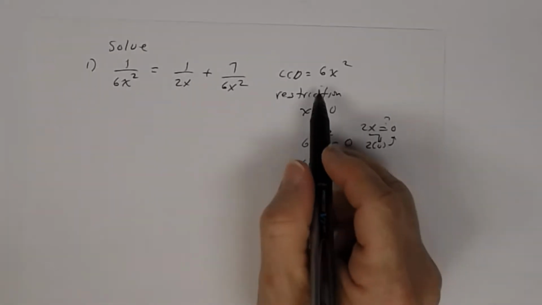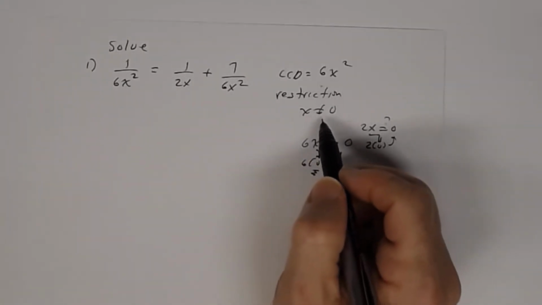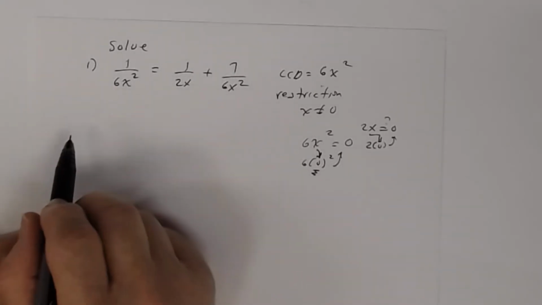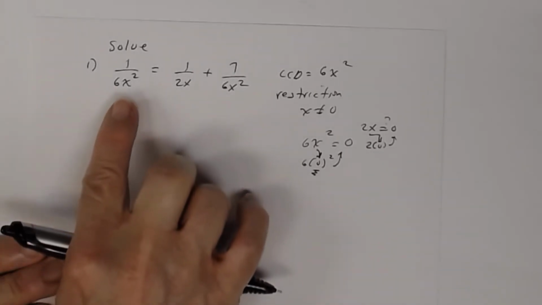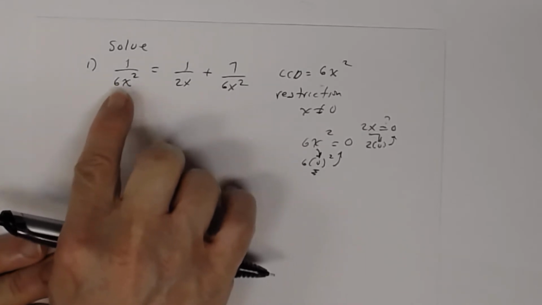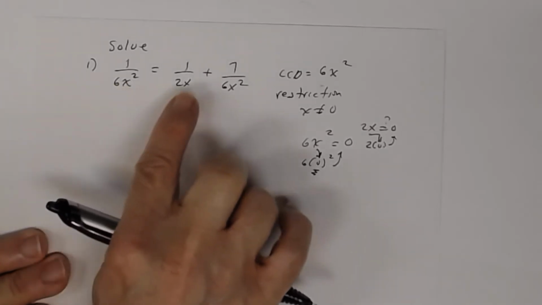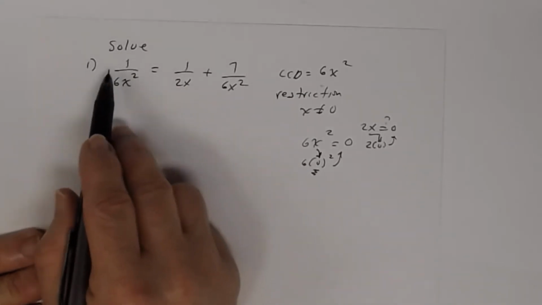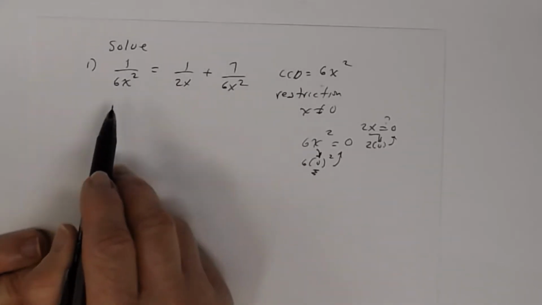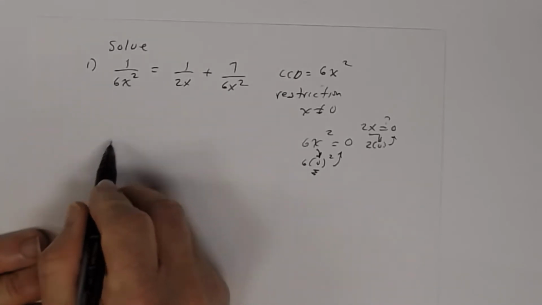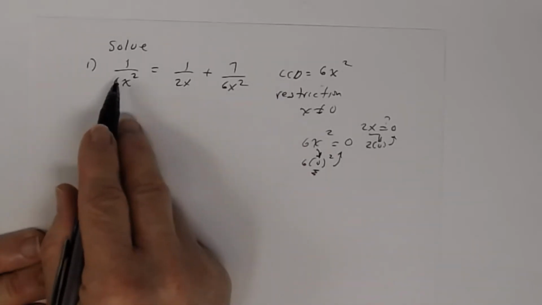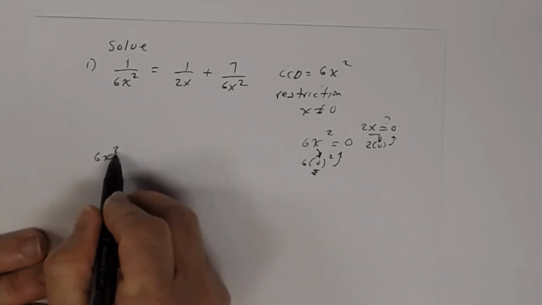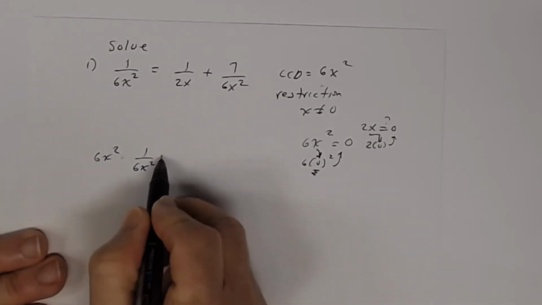So now once you find the least common denominator and once you find your restrictions, the next step is to multiply both sides by that least common denominator. Notice on the left-hand side, you only have one rational expression, and on this side you have two. Since there's just one rational expression here, I'm just going to write it like this. You take the least common denominator and multiply both sides. What you do to one side, you do to the other. So 6x squared times 1 divided by 6x squared equals